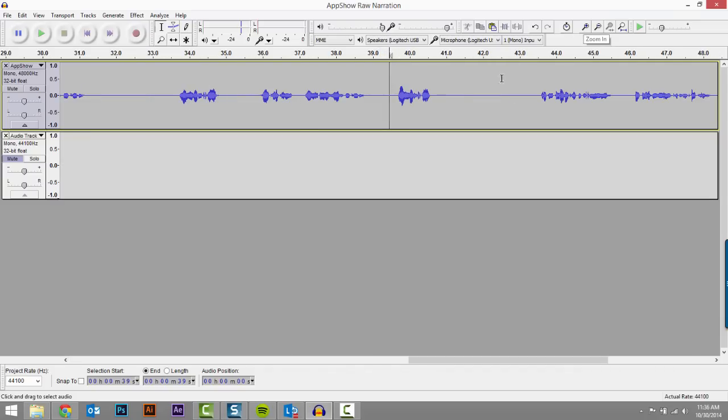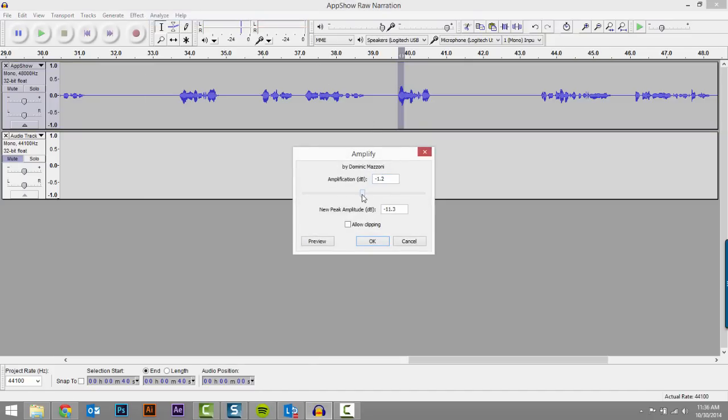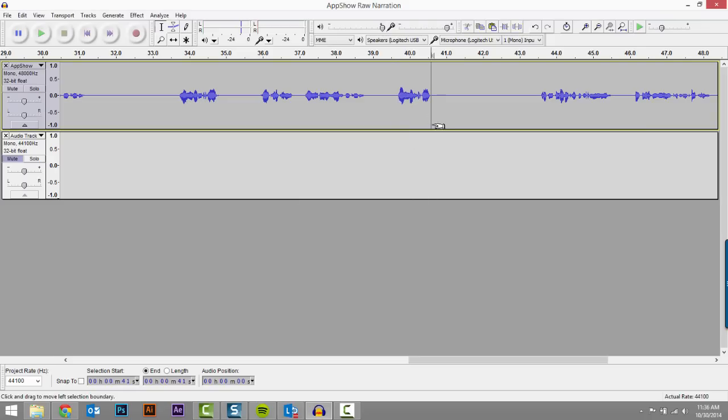So when I come across a phrase like this, it's really just looking at the part that I feel is a little bit too loud and maybe jumps up, it's bolder than the rest of the phrase, selecting just that and going back to the amplify effect. So go to effect, amplify, make sure we're de-amplifying this a little bit, knocking that down. I can repeat that all the way through the track, and the same goes for phrases that